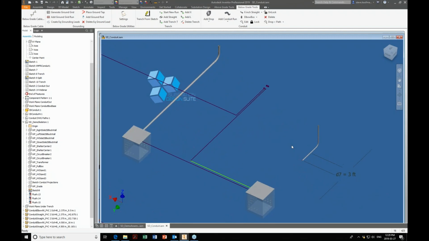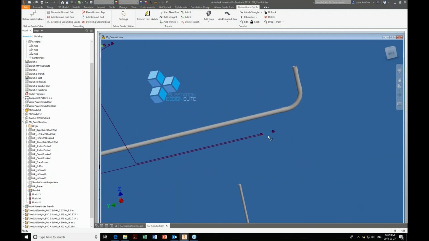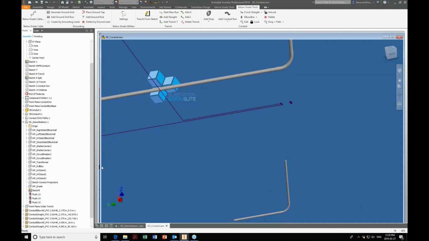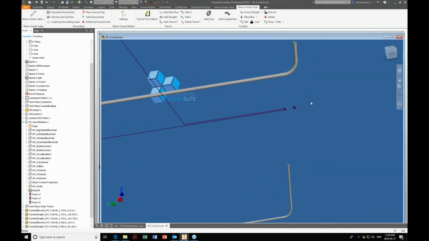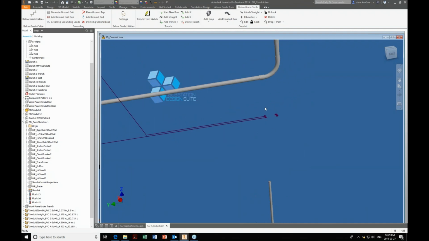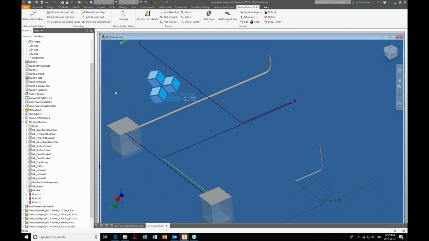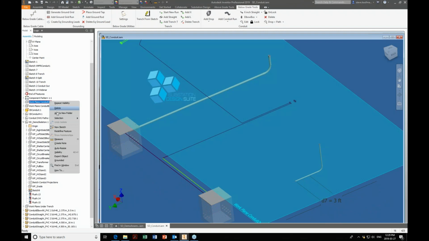So right away we're going to say, well, we want it to come along here into here, but what we don't know is how far out of the ground we want to come. So we want to be able to pop out of the ground at a certain level. So if you look at our conduit out, I've created a plane here for conduit out. So we look at conduit out. So this plane here, I have made it as